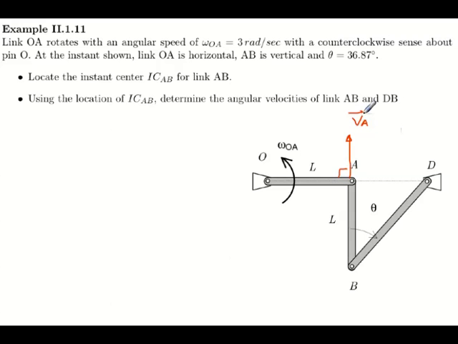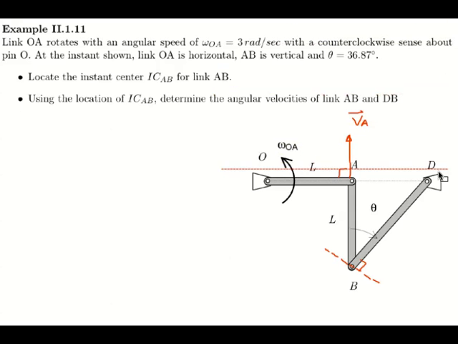If we now move over to link BD, we see that BD is pinned to ground at D. B, on the other end, its velocity must be along this line. It must be perpendicular to the line connecting it back to D. So although we don't know how fast it's going, we know at least the direction for the velocity of B. Well, the instant center approach says that if we construct perpendiculars to the known directions of velocities for 2 points on link AB,